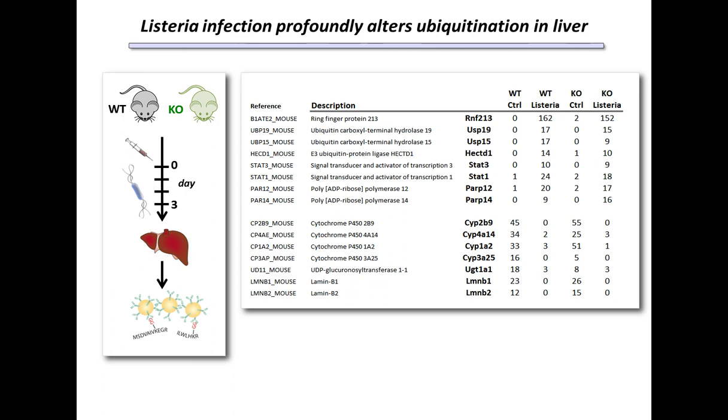Now, ubiquitination is going on in the basal state in cells all the time, and there are many important targets that are being ubiquitinated as a part of normal function. Proteins in the liver, such as cytochrome P450s, and you can see strikingly in the lower half of the table how certain proteins, such as the P450s and others, have their basal ubiquitination effectively turned off in response to infection, in ways that are quite interesting with respect to drug development and the role that P450s often have in modulating small molecule inhibitors.